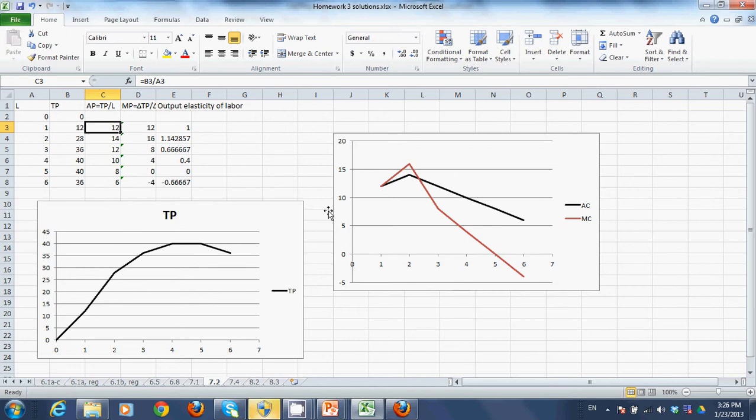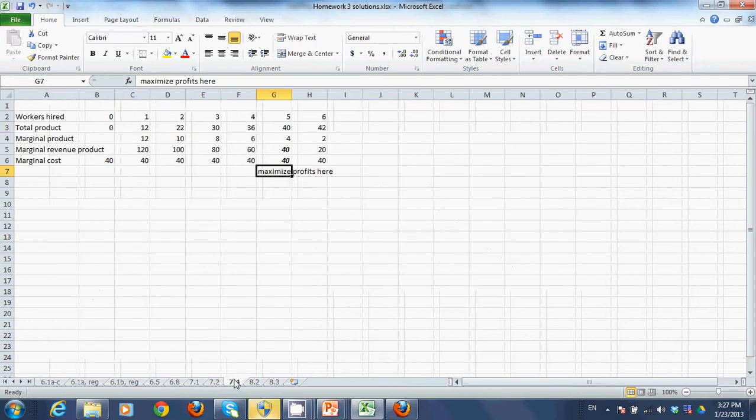And then when I make charts, you get total product here, average cost and marginal cost. That's just mapping all the stuff. You notice that marginal cost in this case goes below 0. But these results differ from those in table 7.2 in the text just because there's a little more capital, so the curve goes up considerably higher, and diminishing returns don't set in as fast. Okay,